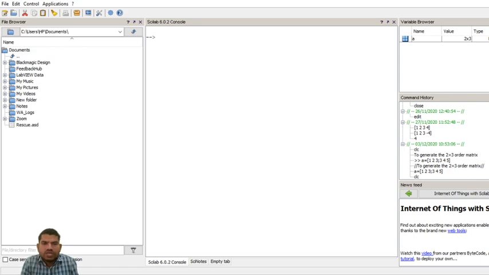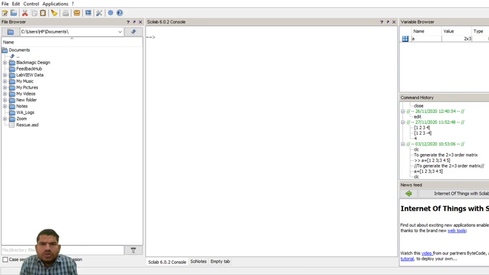Actually, there is a fifth window also, but for our experiment purpose we are not using it. If there are any software-related updates and internet is available, it will show the particular messages related to our software.